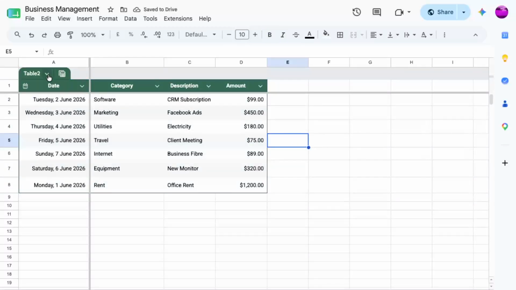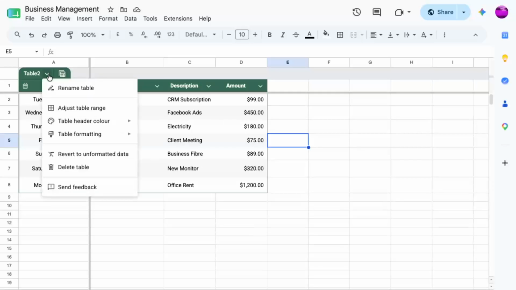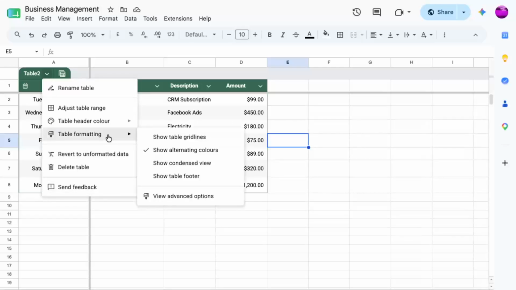After the table has been created, look for the drop-down next to the table title header and click it. This is where you can access the settings connected to your new table. If you don't notice it right away, just focus on the header area of the table and look for the small drop-down control. When you open that drop-down, you'll see options to adjust the table header color, formatting, range, and